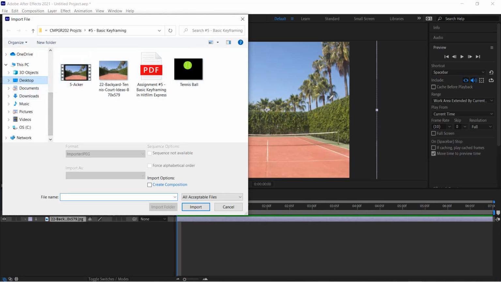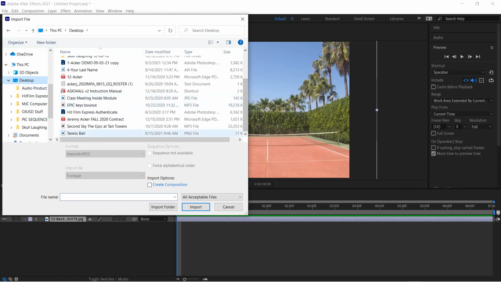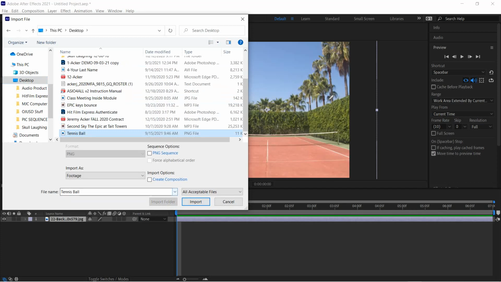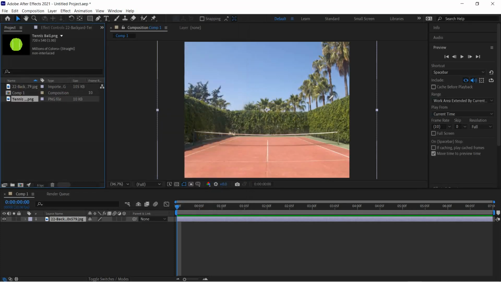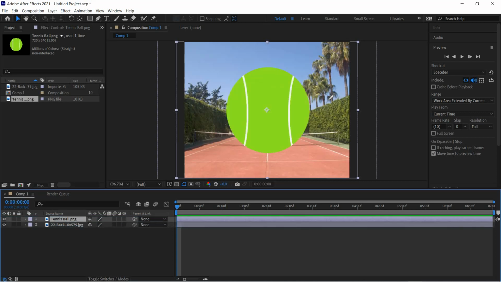But we want the one on the desktop that I saved, right? So let's go to that. There it is. It's a PNG file. That's what we want. Make sure, again, it's a PNG. Click Import. Okay, and there it is in our project folder window, tennis PNG. Let's drop this down into the timeline. Let's put it above the tennis court. Okay, make sure it's the top layer. And notice there it is, showing up without a